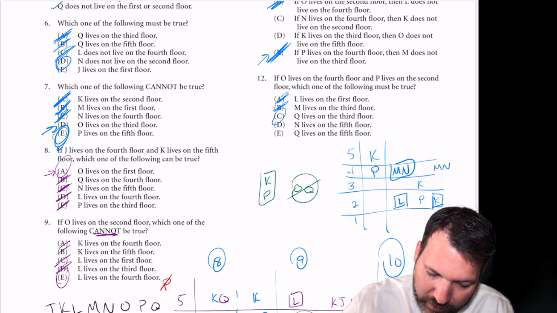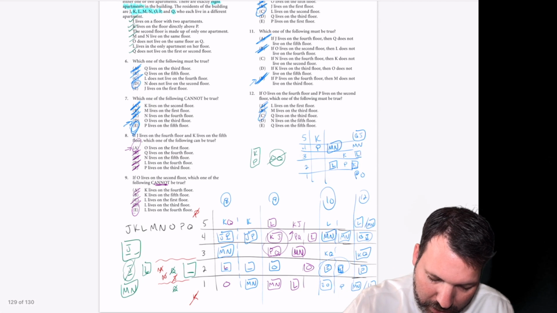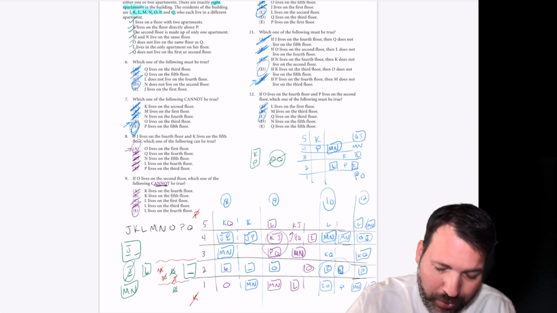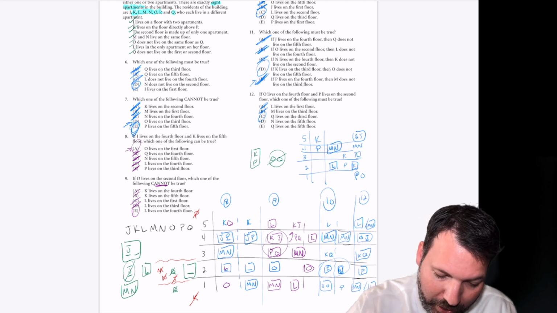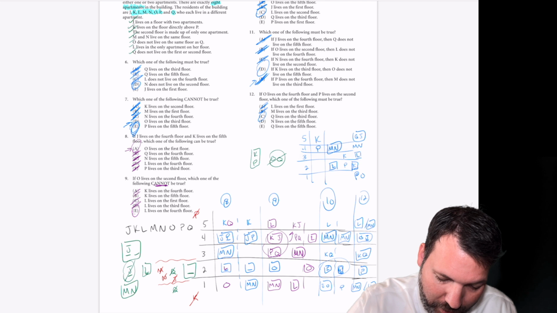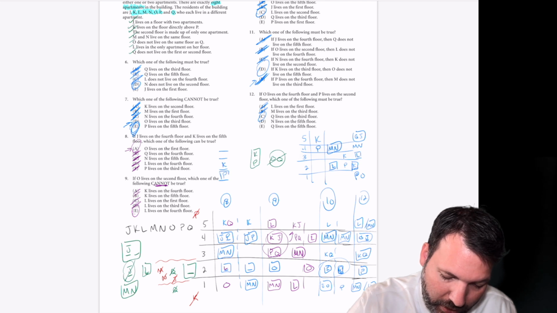Q and J have to go somewhere, as does O and L. Can I put L by herself there? Q and J up here and O down here? That seems possible to me. Yeah, okay, so the process of elimination would make me think D, but again, this game, I just want to quickly test it out. If K is on the 3rd floor, P would have to be on the 2nd floor